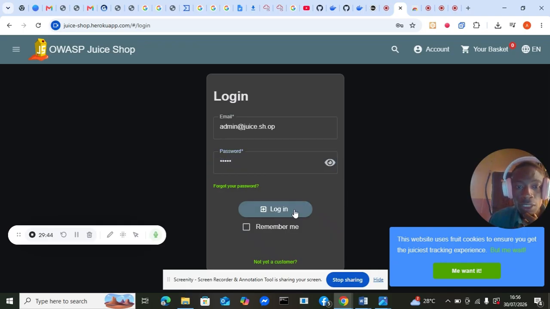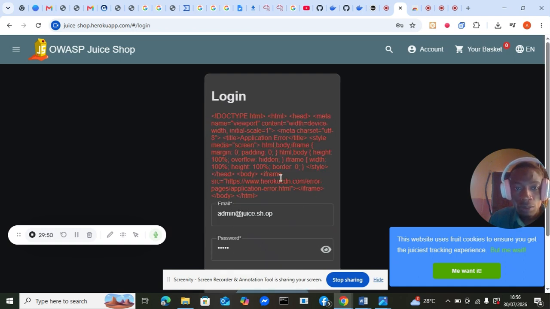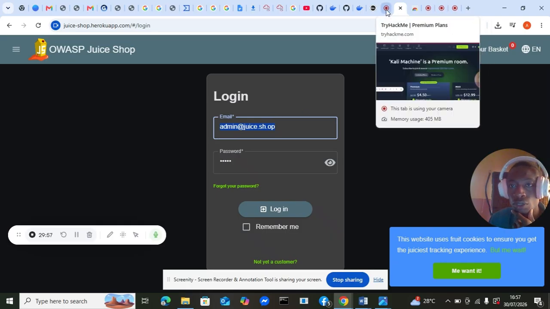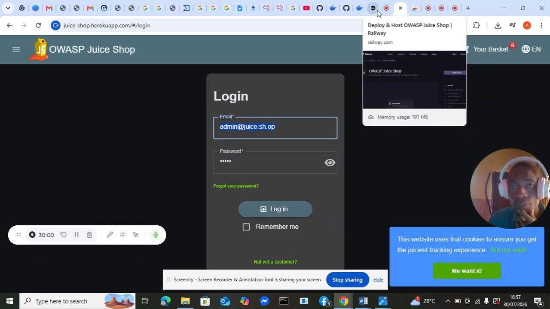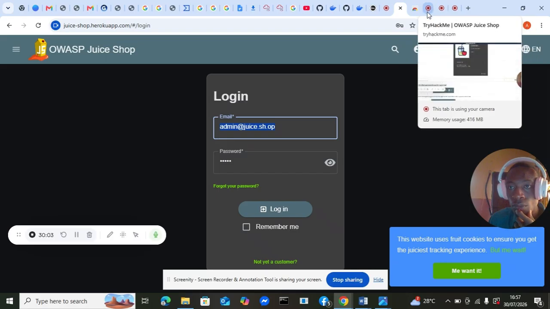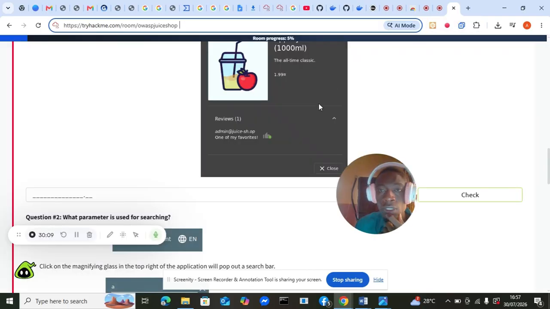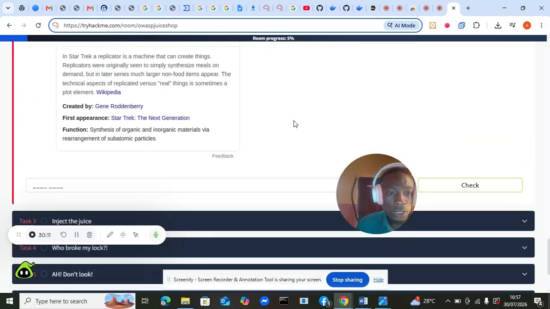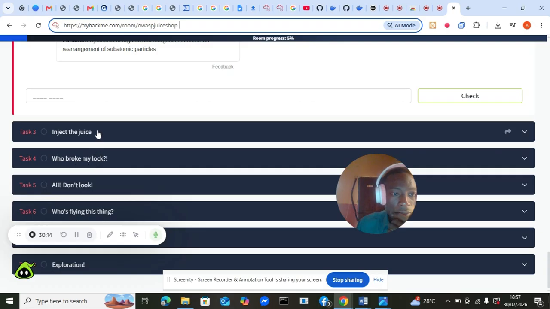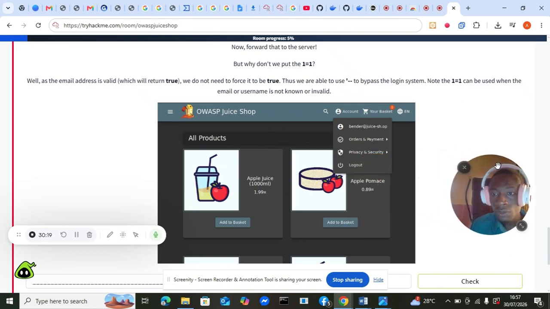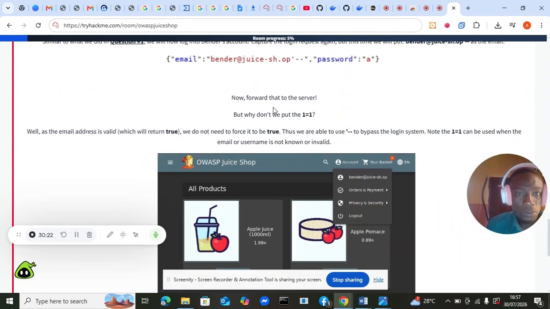So in this place now, let me remove this, and then let me write my... Okay, I want to paste this here now. So this green stuff is telling you some problem you have solved. You have been able to solve a certain problem, and some of these problems you solve without knowing. And then this particular SQL injection is going to allow us to log into this particular website.